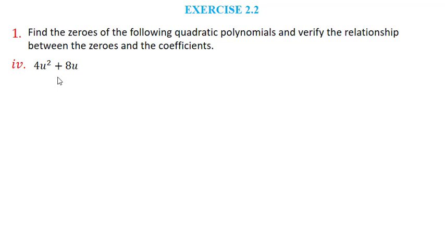Fourth question, 4u square plus 8u. Now here your c term is 0. So c by a, that is alpha into beta, you are going to get 0. Okay. Now t square minus 15, here your value of b is 0. So as value of b is 0, alpha plus beta is minus b by a. So alpha plus beta you are going to get as 0. How to factorize it, you all know. Okay, so you can solve these problems by yourself. Sixth problem is 3x square minus x minus 4. Again, try yourself.